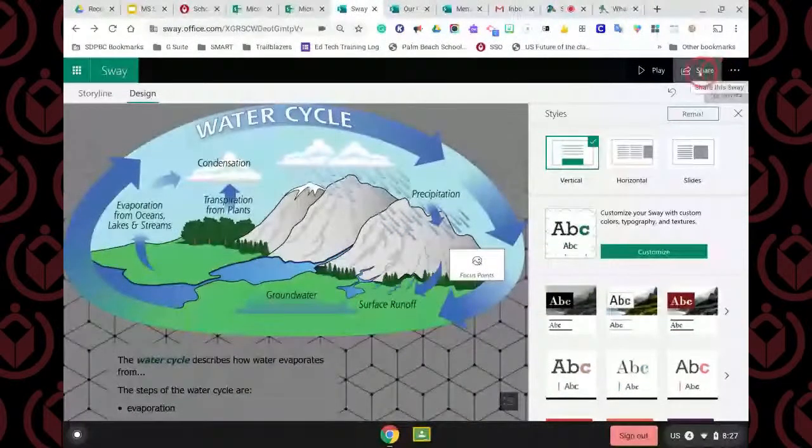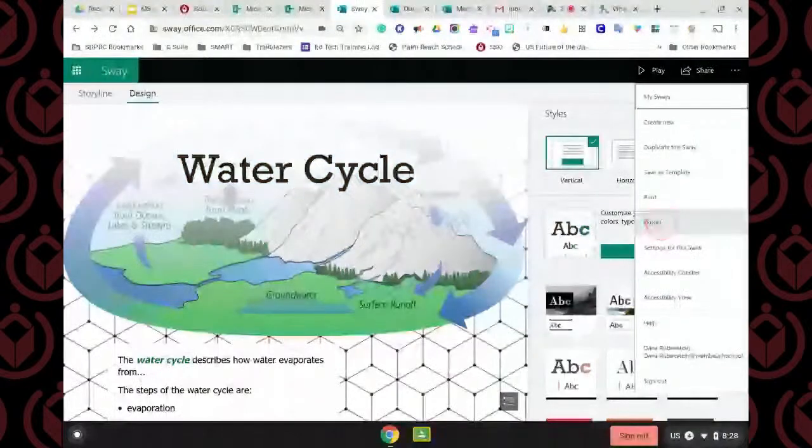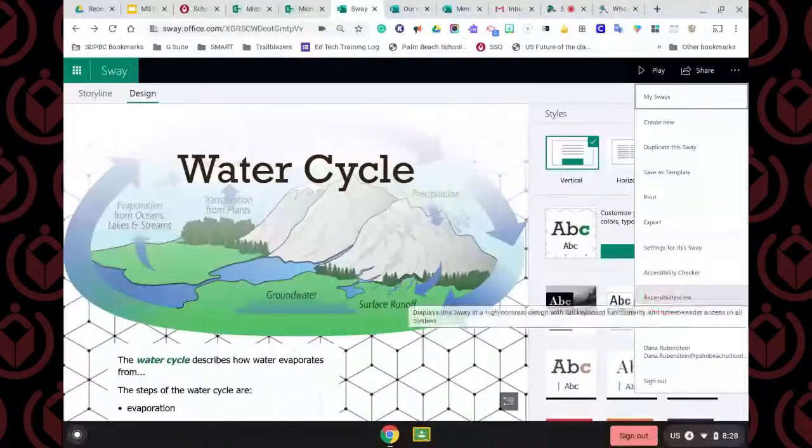Once you share your Sway, you can also click on the ellipsis at the right corner, and you have some other options here. If you wanted to, you could create a new one. You could duplicate the Sway. You could save it as a template. You could print it. You could export it. You could look at the settings, but it also has this accessibility checker and accessibility view, which is really, really